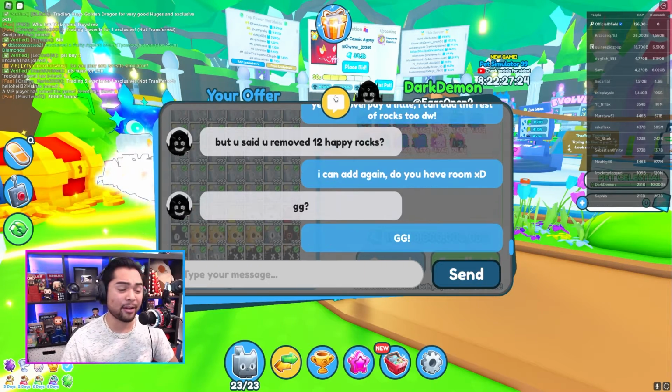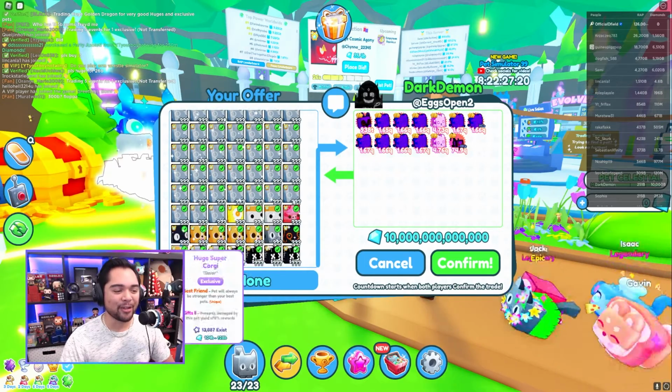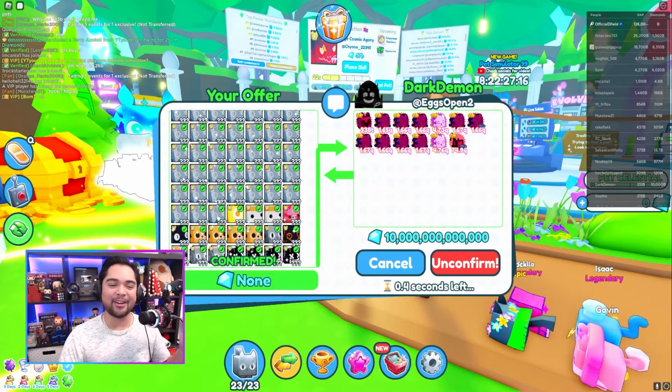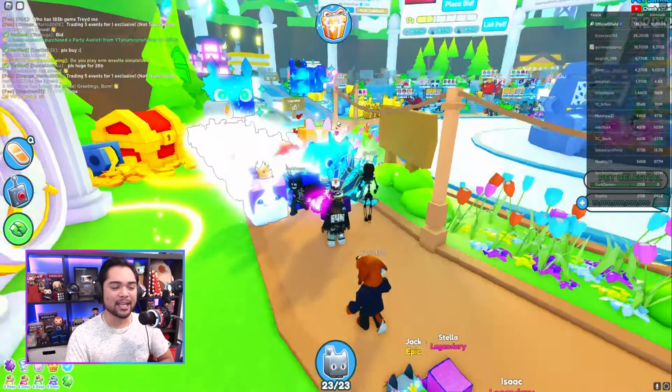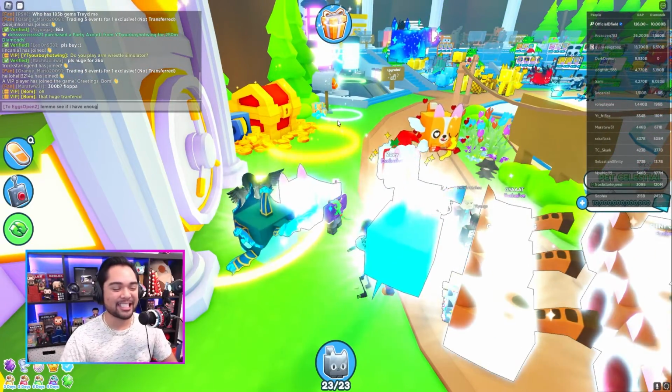There's probably, I don't even know, guys, 50 or so happy rocks. There's like 8 or 9 golden pets up top of the offer as well. And then scrolling a little bit further down, you've got that huge Sun Angelus, which was at the time about 1 trillion gems. You've got the Jelly Piggies, the huge mascots, and what was left of my huge Scary Corgi